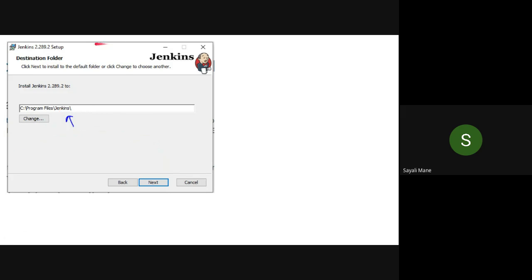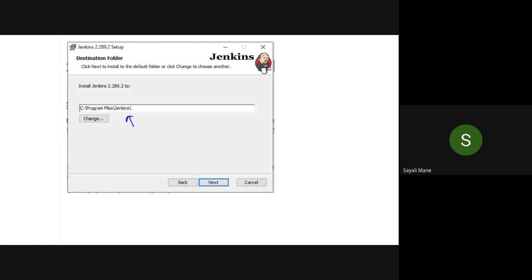Then here they will give you a destination folder. A default folder will be there. If you want to change it, you can change it. Done. Click on next.